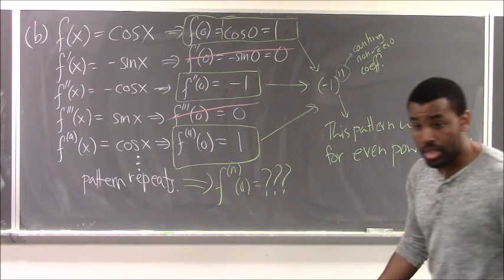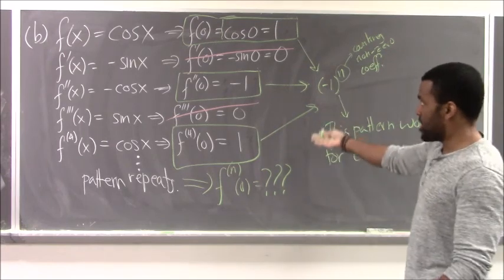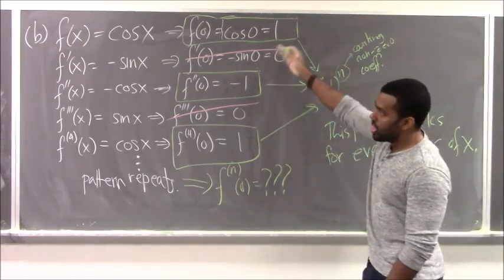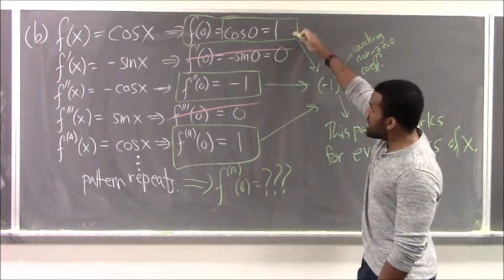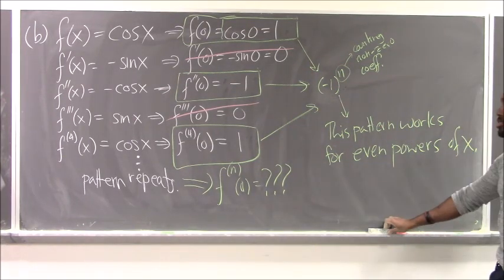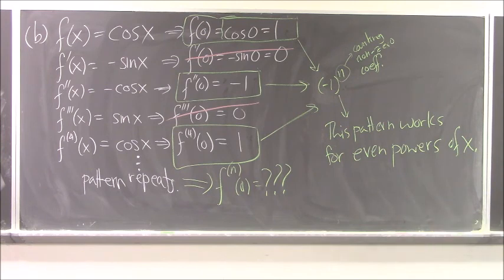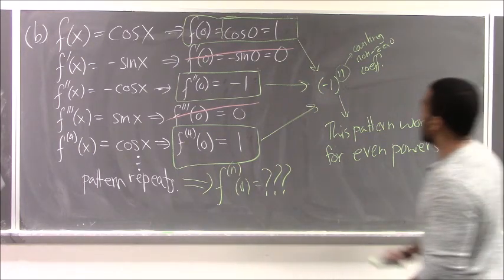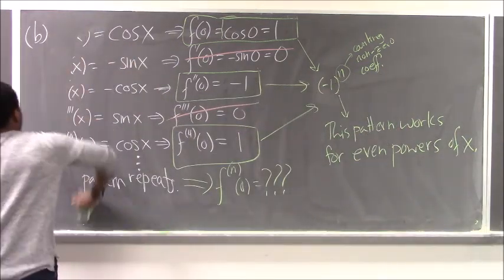Once we figured out the pattern here, ignore all the odd guys, and the even guys are going to give us this pattern. So that allows us, and I'll give you a second to take a snapshot here, because I'm going to erase this and actually write down what the answer is. That allows us to actually write down a pattern